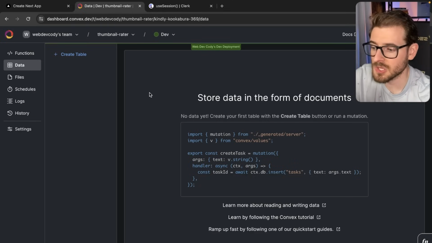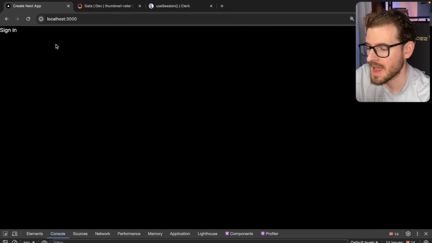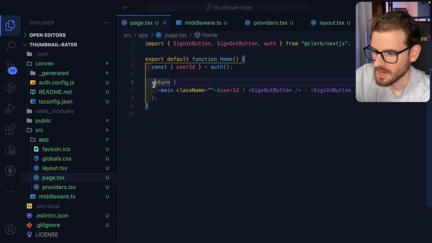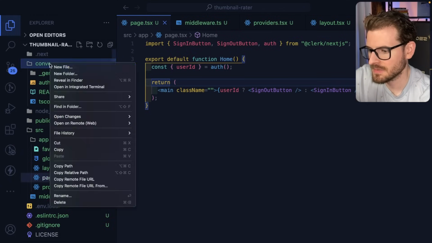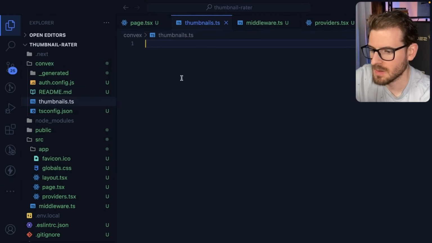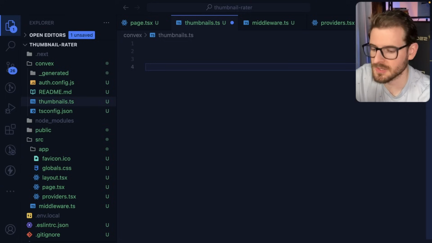So now let's move on to Convex a little bit because we haven't touched Convex at all, and we want to make sure that this is actually authenticated as well. When a user is signed in and they're doing something like they click a button to run a mutation or run an action, you want to make sure that that's also authenticated. So let's go to Convex over here, and the way that you can create new things in Convex is I can just go ahead and make a new file. And so since we want people to be able to create tests for thumbnails, I'm going to go ahead and say thumbnails.ts. Okay, and so now we have a file, and inside this file, we can start declaring some Convex